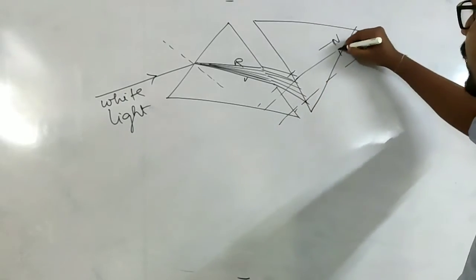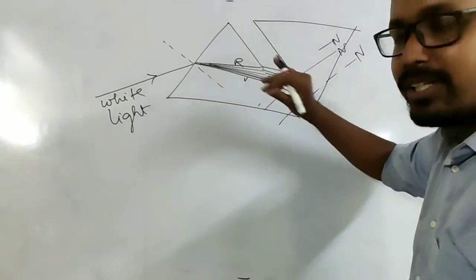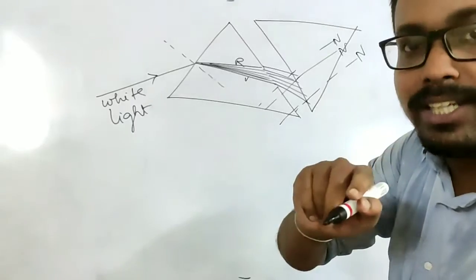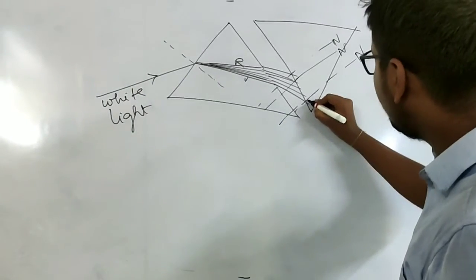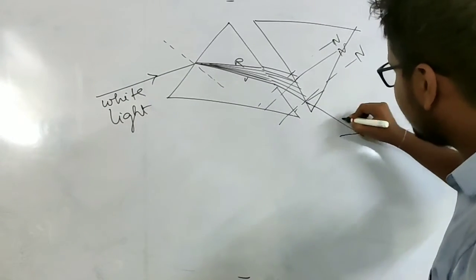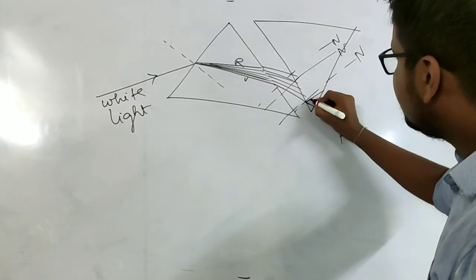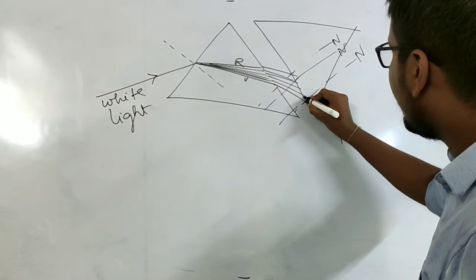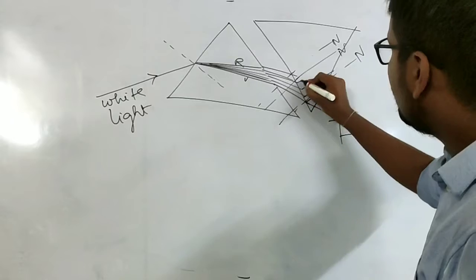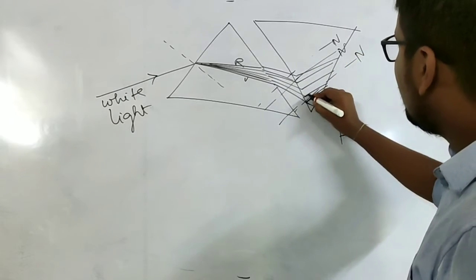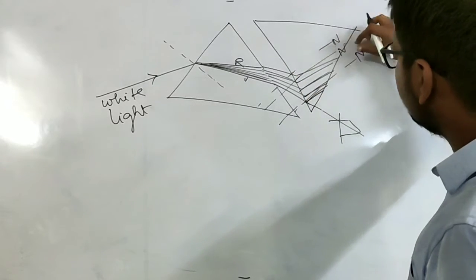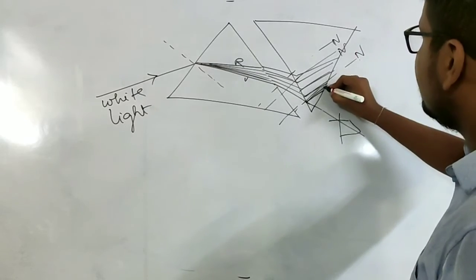These are the normals I have drawn, okay? What will happen to each of the lights? They will try to bend towards the normal, okay? Instead of going in this direction, they will start bending towards the normal. So all the lights will start to bend towards the normal. Ultimately what will happen? They will start to converge, and when they come out of this direction, you will see